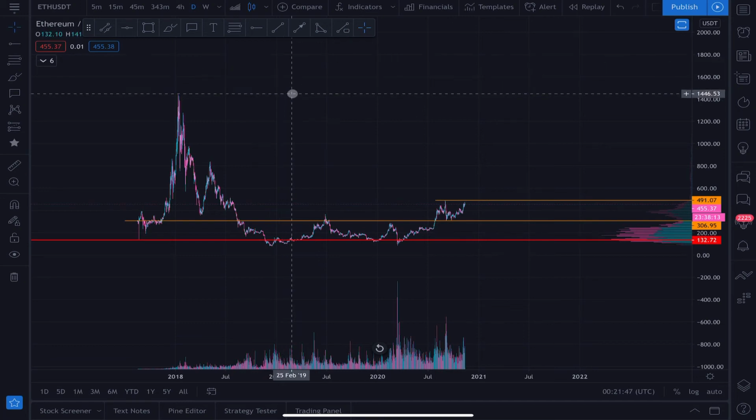One thing I know about crypto is it's full of surprises. I don't do price predictions on this channel because I think that they're silly. I think that they're for entertainment purposes only, and my goal here on the channel is not to entertain you. I don't like price predictions because the top comes in at the top, the bottom comes in at the bottom. There's no rhyme, there's no reason. It's just what the market decides. For anybody to try and predict that, it's just the market's going to decide. And that's how I analyze. That's how I approach it.